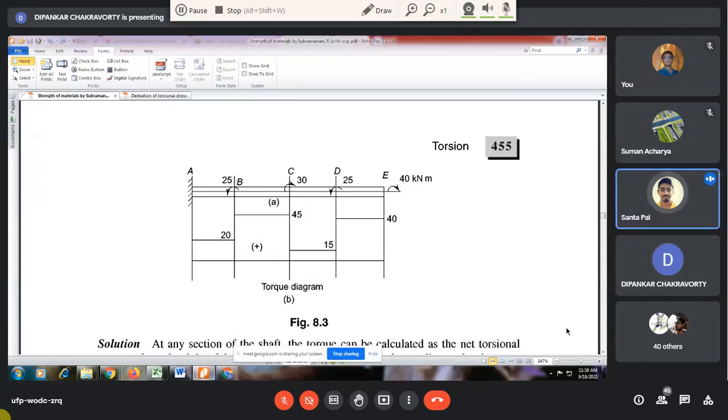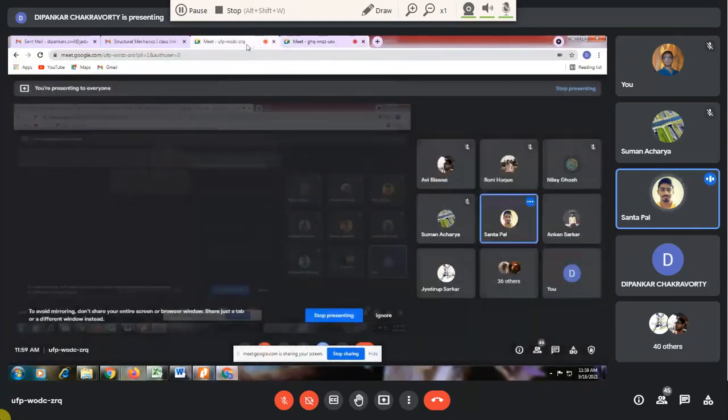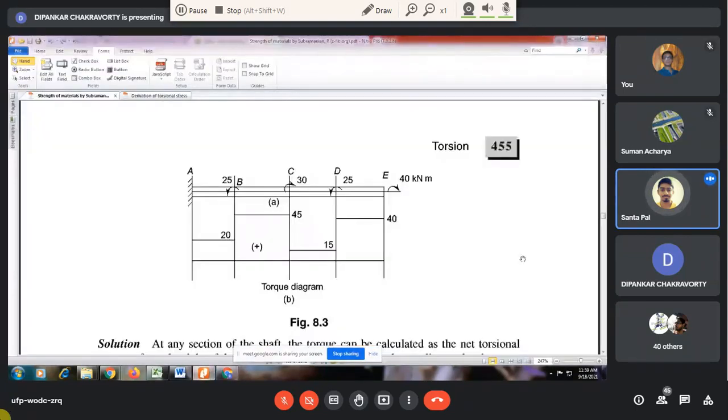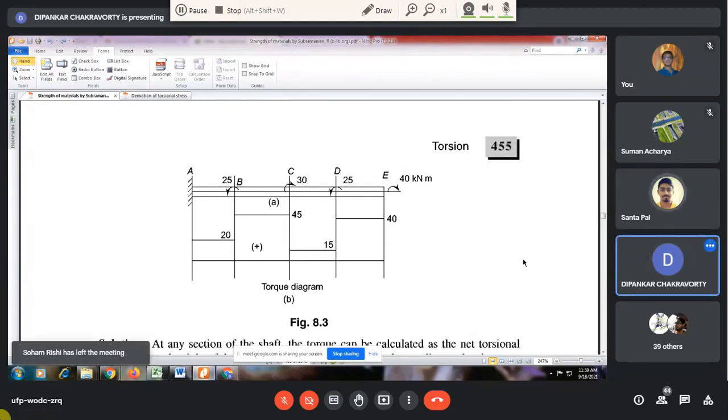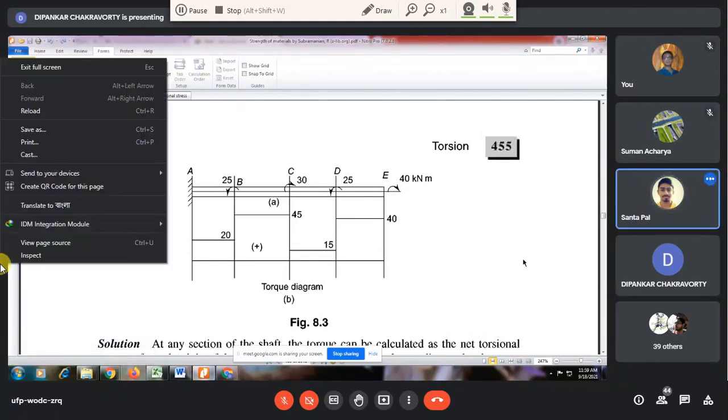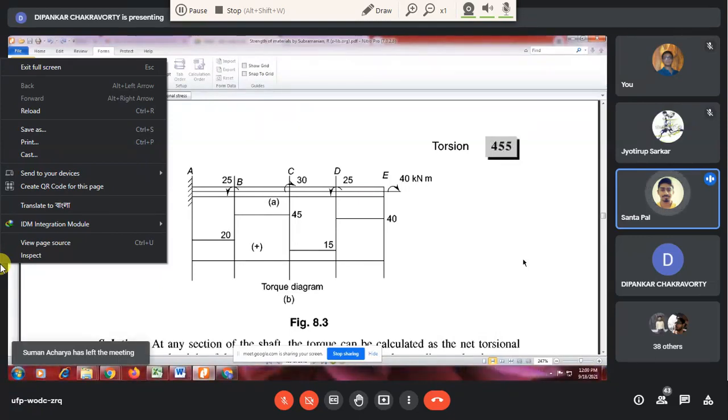Sir, I have a question. Yes, sure. Sir, if at point D and point E the torques are acting in opposite directions, then the rod will get tighter, right? The torsion will increase. Then why is it subtracting? The torques are acting in the opposite direction, so the part D should squeeze more tightly. Then why at D is it getting subtracted? I understood the positive and negative, like 40 minus 25 is 15.